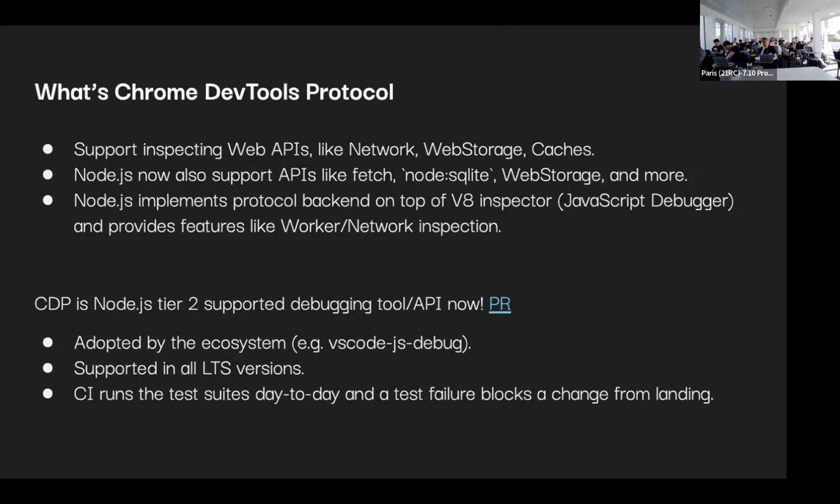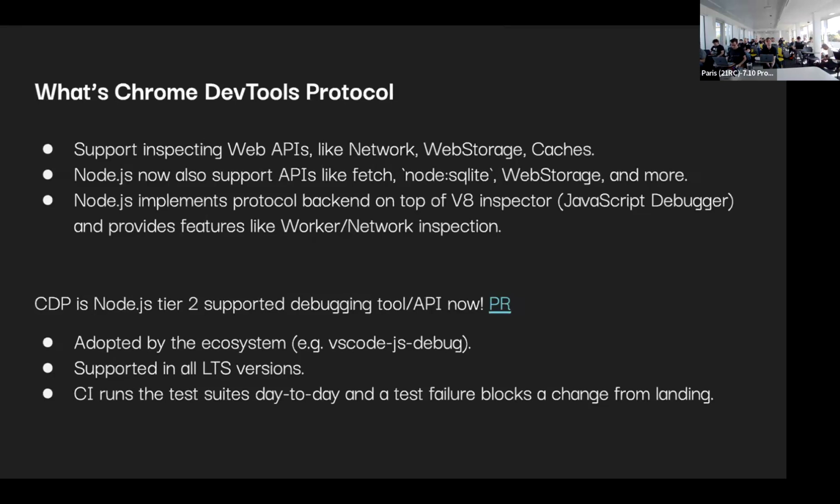And Node.js also supports the worker threads API, which might not be identical to web workers, but they provide similar features with a similar concept. So we also want to support automatically connecting to a worker that we instantiated in a Node.js process in DevTools. And we just declared Chrome DevTools support to be a tier 2 debugging tool in